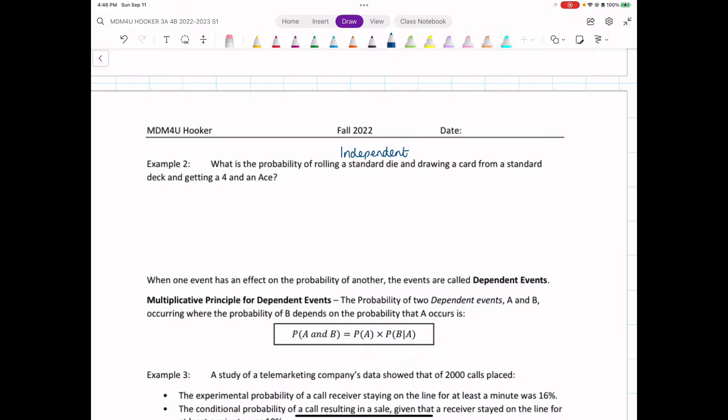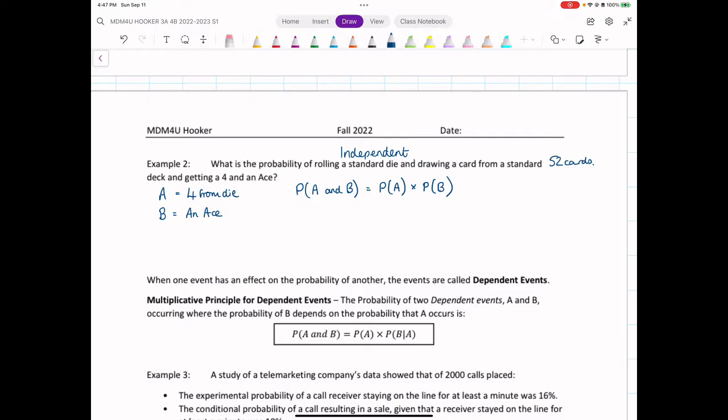Let's talk about event A being getting a 4 from the dice, or from a die, and event B getting an ace from a standard deck, which is the 52 cards. So the probability of getting A and B is the probability of A multiplied by the probability of